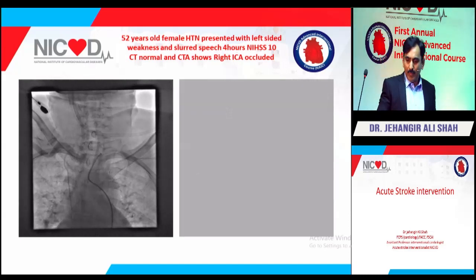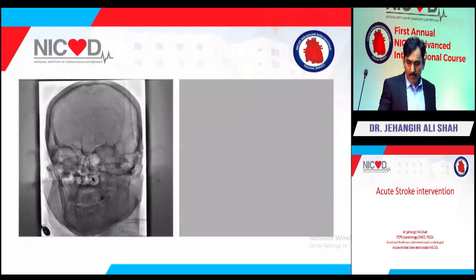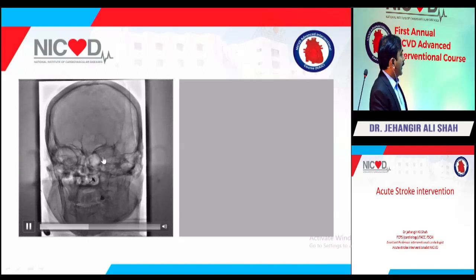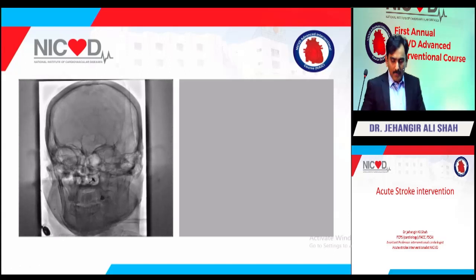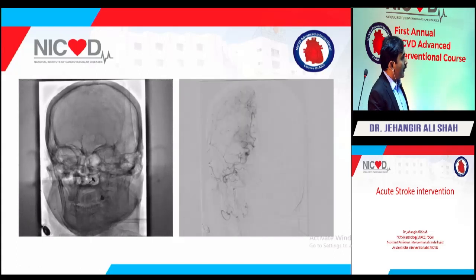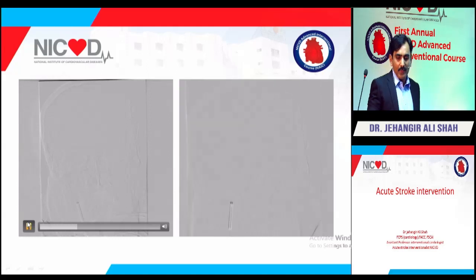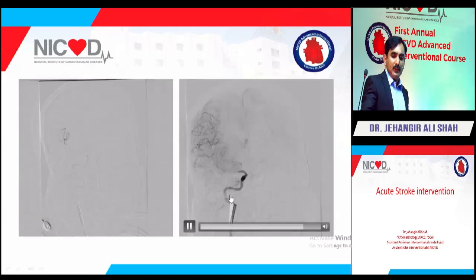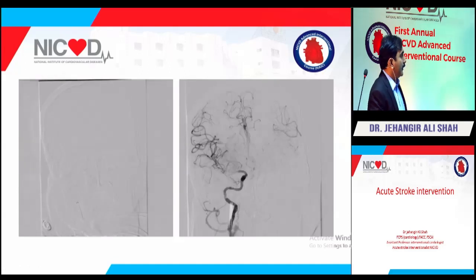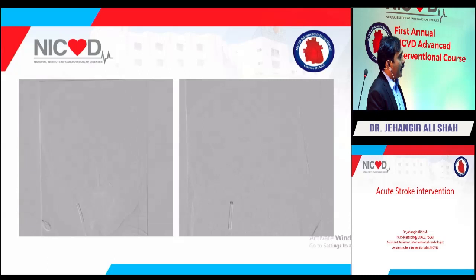So first of all, I did aspiration in the ICA. This is a distal aspiration catheter. Just aspirate the thrombus in the ICA. After doing aspiration, you can see the ICA is open, but there's a thrombus seen in the M1 segment of the MCA. So again the wire was crossed, the check injection was given, and the aspiration was done in the M1 segment. But you can see it is a TICI 2B flow, but there was a thrombus present in